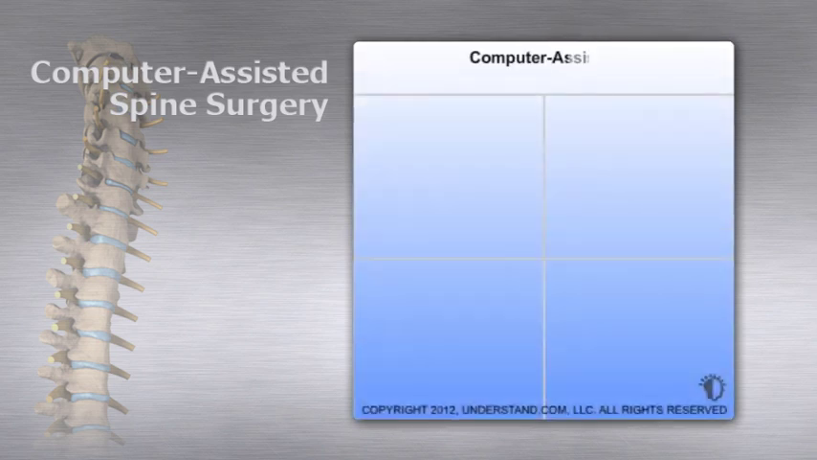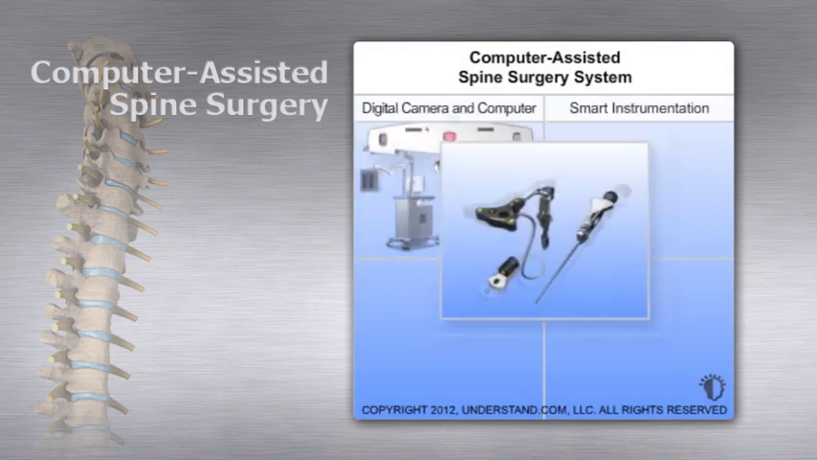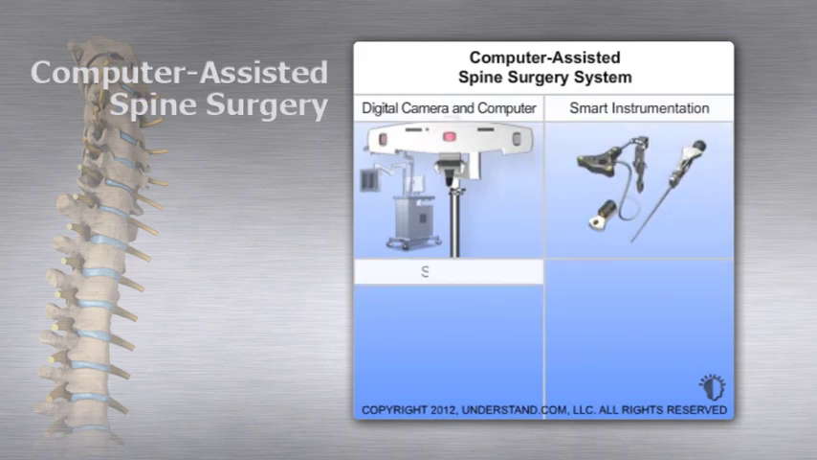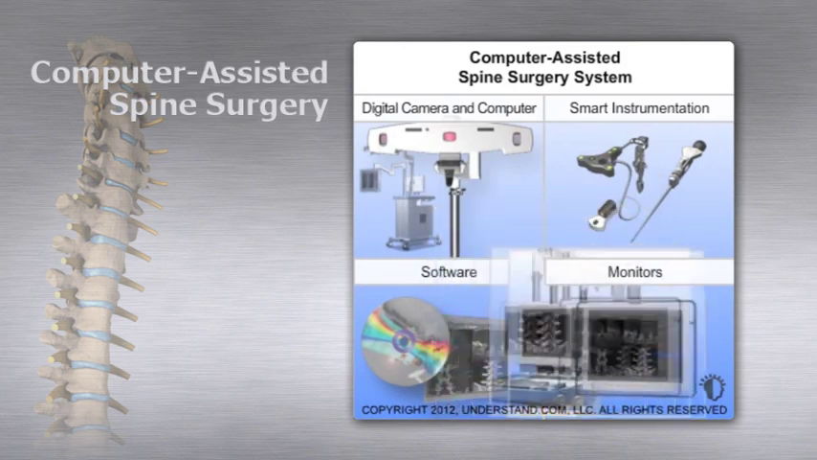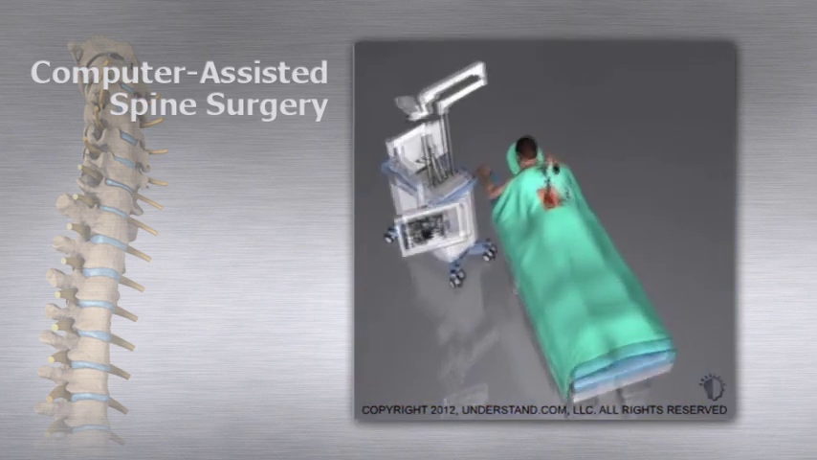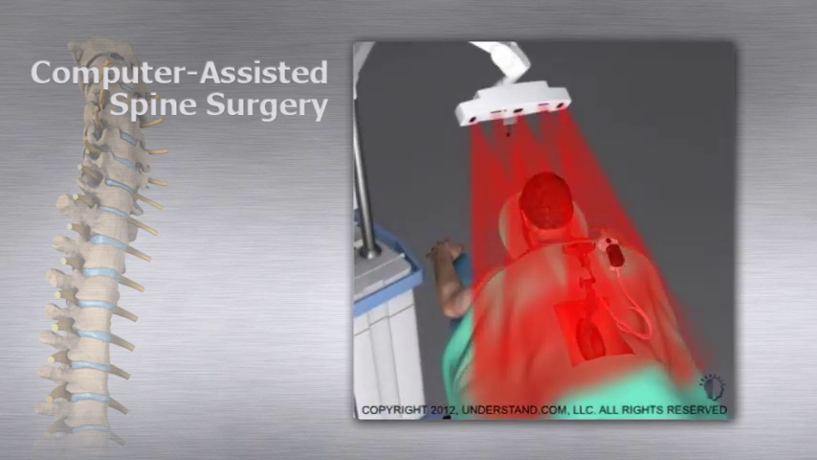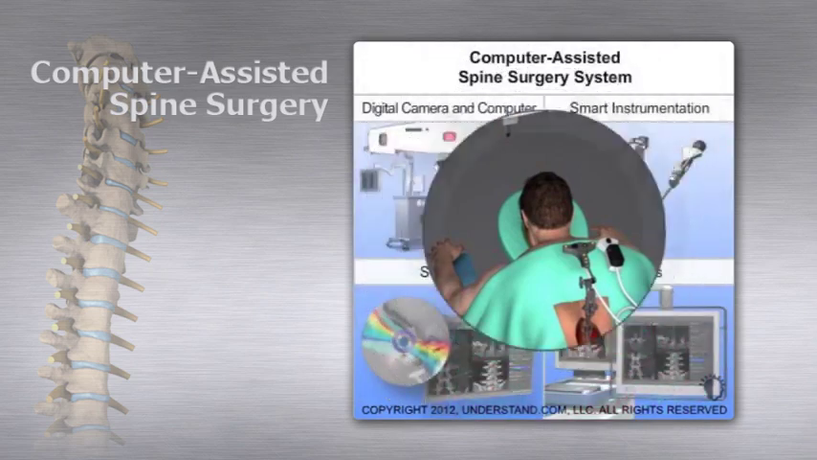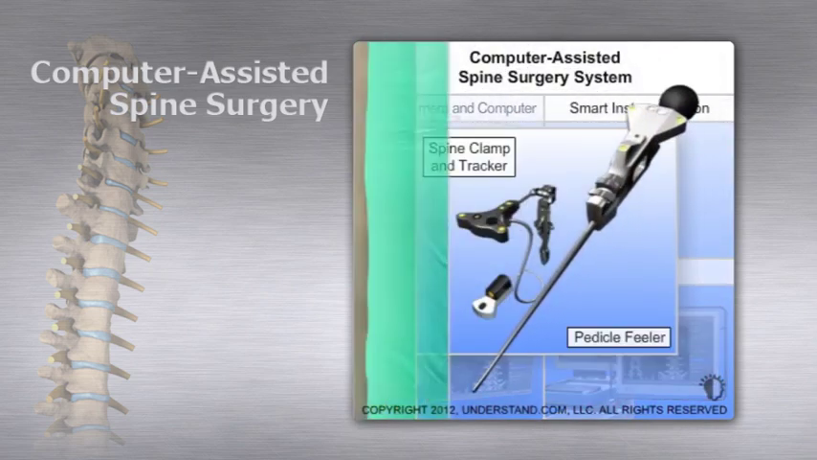A computer-assisted spine surgery system consists of four primary components: a digital camera array and computer, smart instrumentation, software, and monitors. The digital camera array uses infrared signals to work with the computer to track instruments against the position of the spine. The smart instrumentation consists of wireless devices, such as a pedicle feeler used for probing,